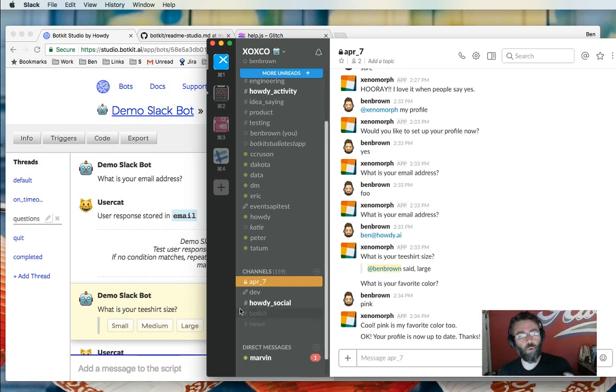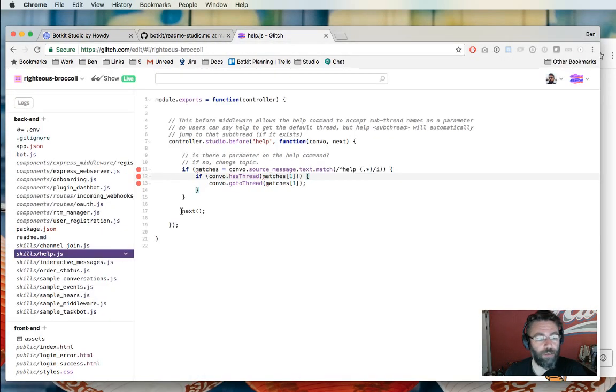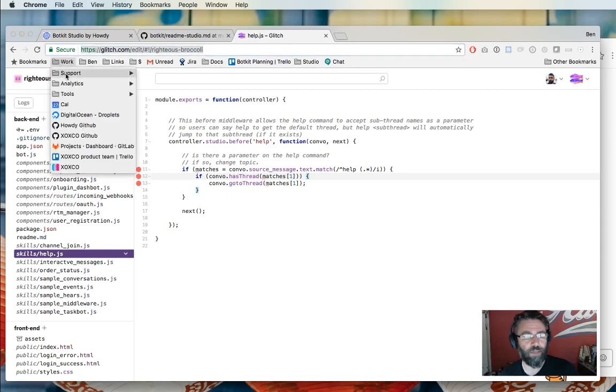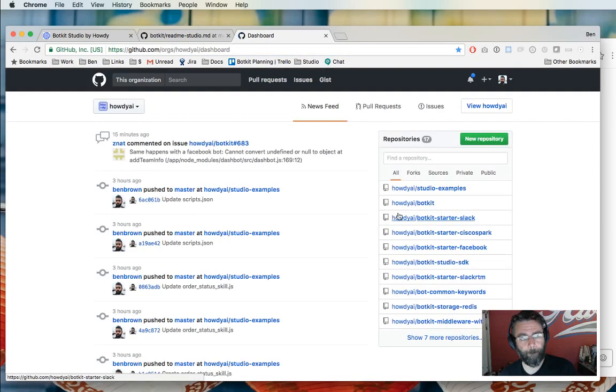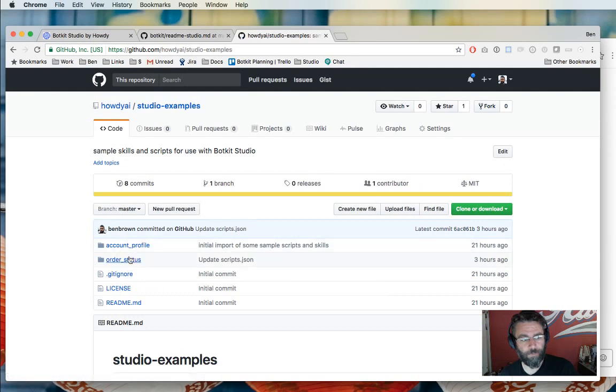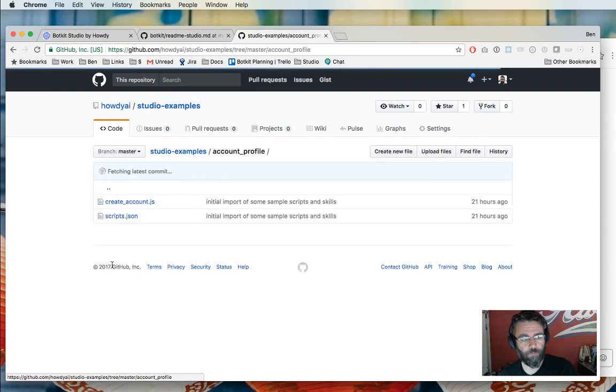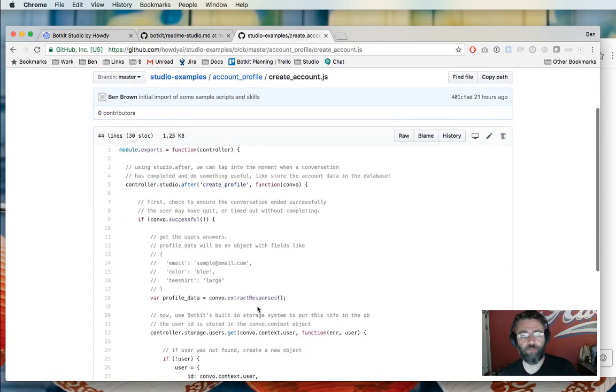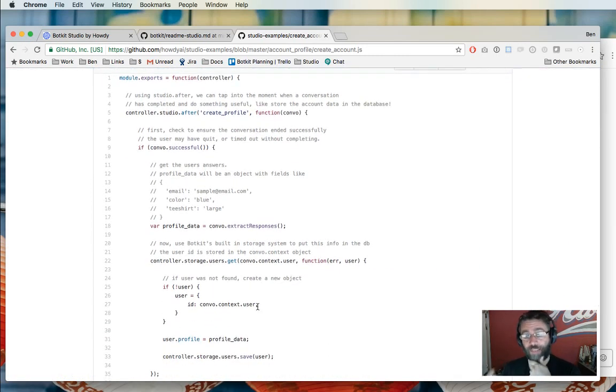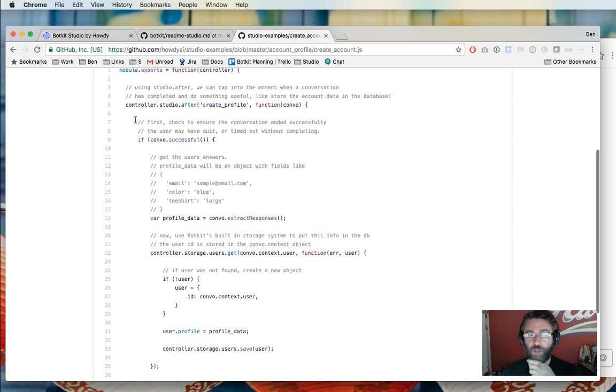So how did I actually update my profile? Let's take a look at what is happening in the code. I'm going to switch over here and look for my profile join. I didn't put that in this thing. Hold on, very quickly, I will get this off of GitHub. Here we go. And so in this case, we are going to use another one of Studio's built-in functions,